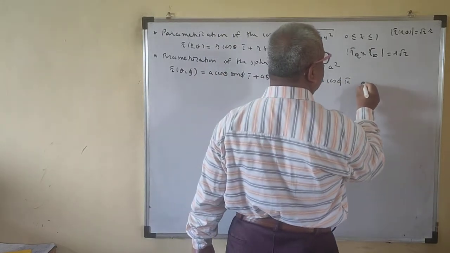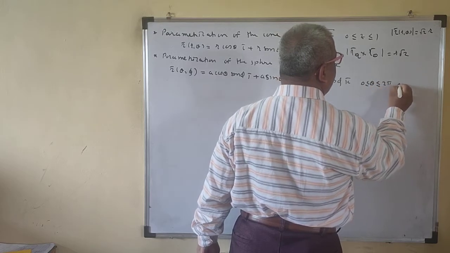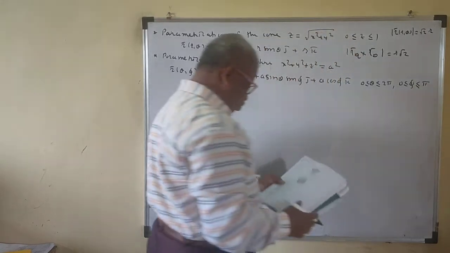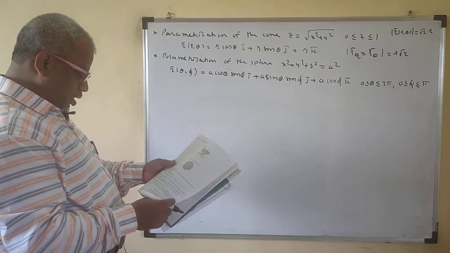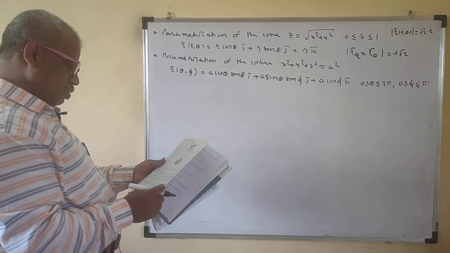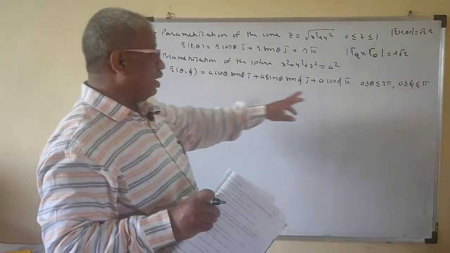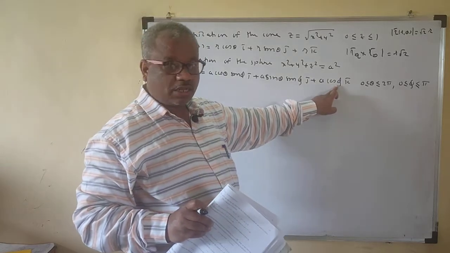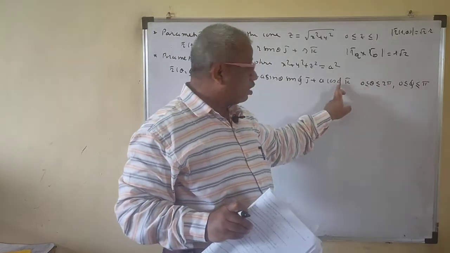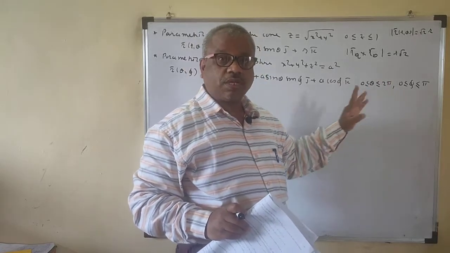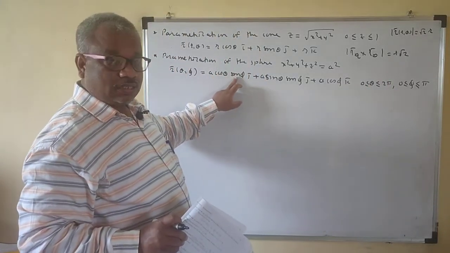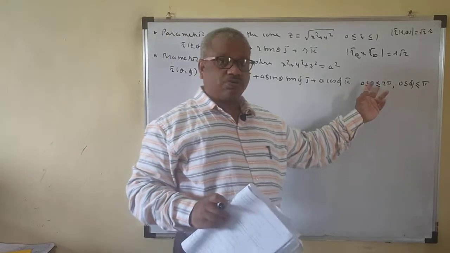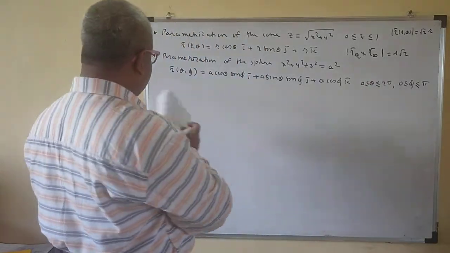This range is very important. Theta goes from 0 to 2 pi, and phi goes from 0 to pi only. Note that the third component is cos phi, so that is the range. If the third component is theta, then you have to change the roles: it will be a cos phi sin theta, a sin phi sin theta, then a cos theta, and then you have to take the range accordingly. So you should take care of this one.